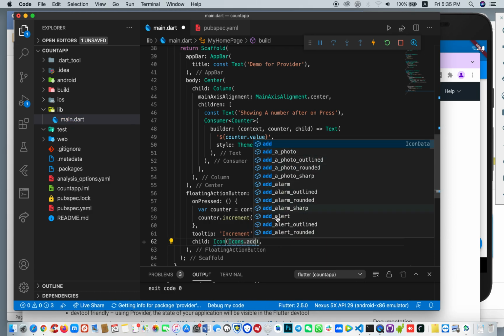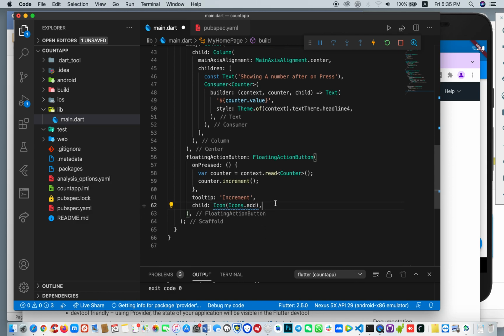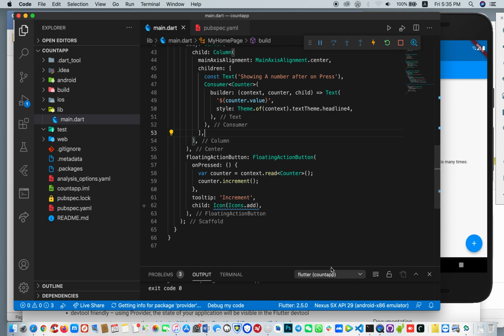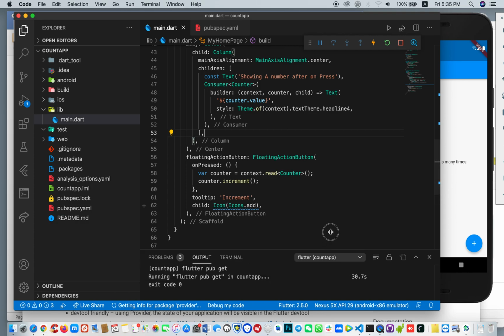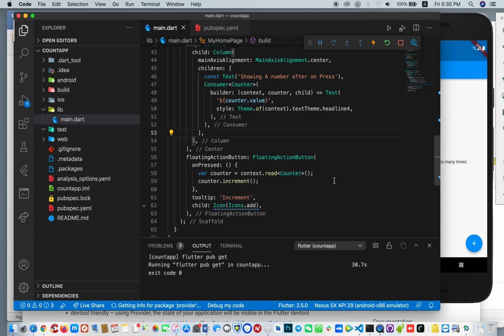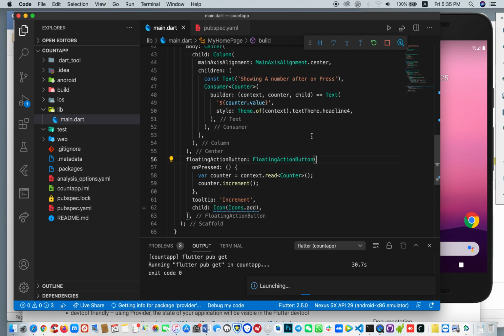Okay, we're using the add icon. Good. Okay, so